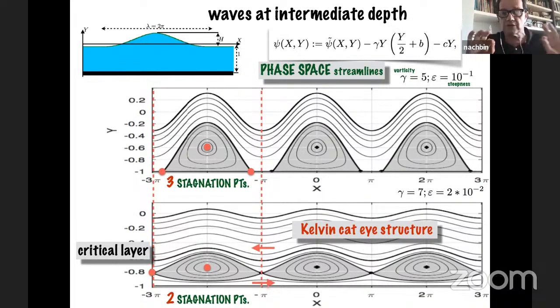Here you see the perfect cat eye, with the precise points. Okay, so bear with me. There's a very nice animation that Roberto did, which is an animation not in time. It's an animation in vorticity, meaning as you increase vorticity, you will see this structure appearing, deforming, and so on, and you see a little bit this Hopf-type bifurcation, where these guys come from.